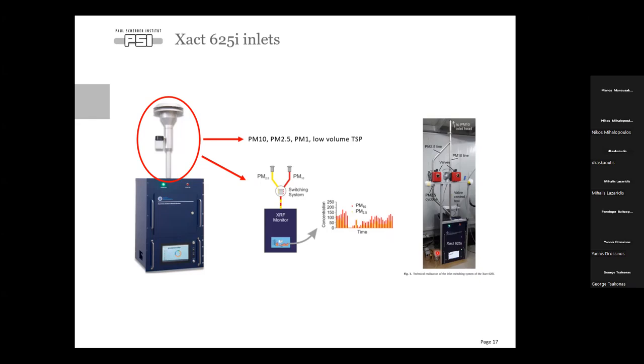The EXACT is an automated XRF instrument, which means that it does the sampling in whichever PM fraction we select. We can do PM10, PM2.5, PM1, or TSP. And then after the sampling, it also analyzes the sample using XRF analysis, and then it provides the elemental composition of PM. And this is done in a near real-time manner, so we can select the resolution of the instrument from a few minutes to a few hours, and the instrument then, after sampling, does the analysis automatically, and then it provides us the result.